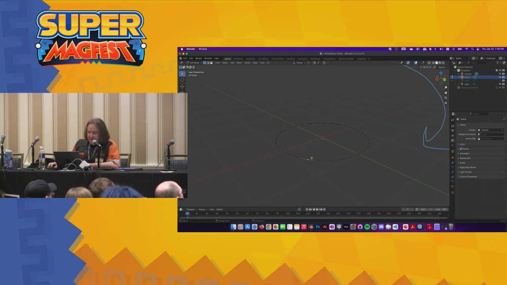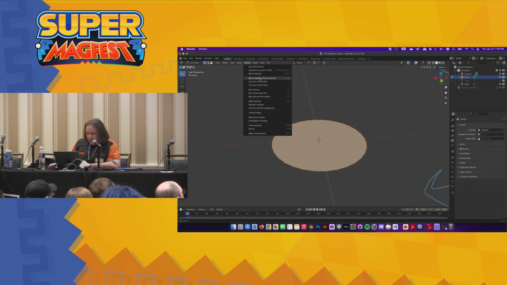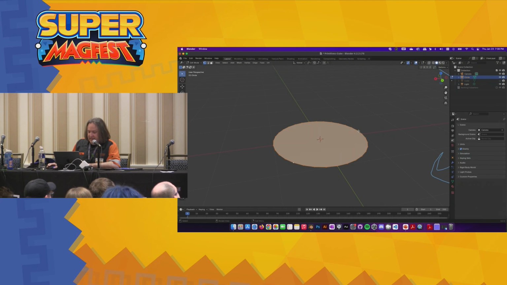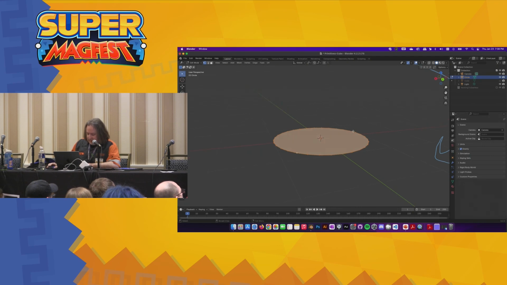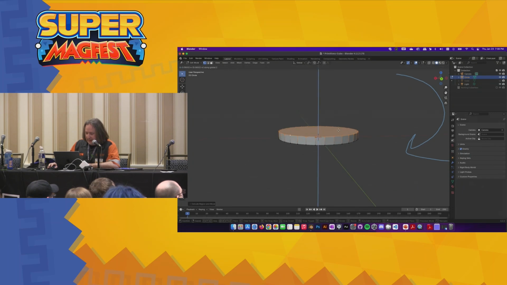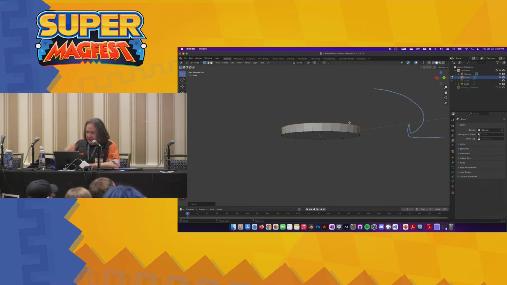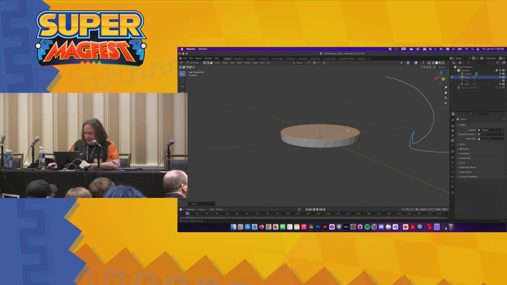Right now, it's just edges and vertices, but you can turn that into a shape with the F key, which is up here, I think, in New Edge/Face from Vertices. So we're taking that, and now we're making a shape, but we want it to be a solid shape. So I can hit E for extrude, and it will basically sort of duplicate in a way that's connecting everything up to make a solid shape. So this is our new cylinder that we've made, starting from an unconnected circle into a filled-in cylinder.